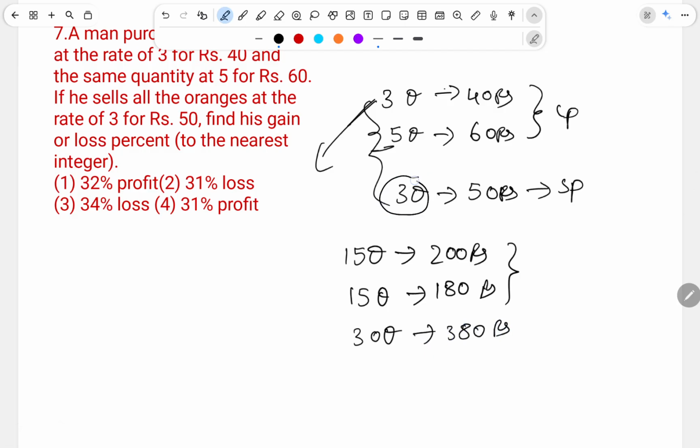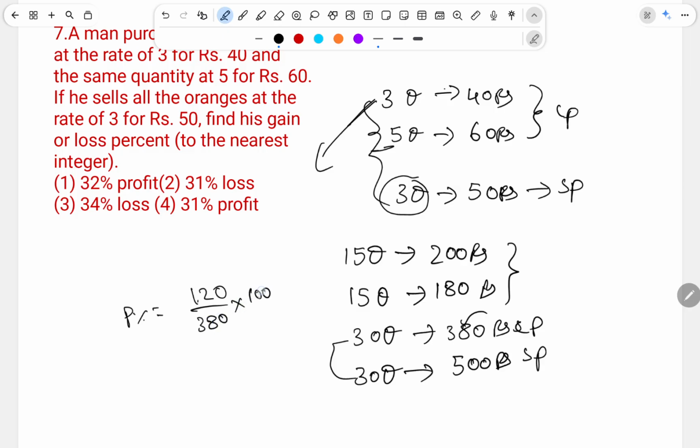Now try to make this number 30. 3, 50. So 30, 500. 30 oranges for 500 rupees. So this is CP and this is SP. Yes, we got a profit. How much profit? 120. Profit percentage is equal to 120 profit by CP 380